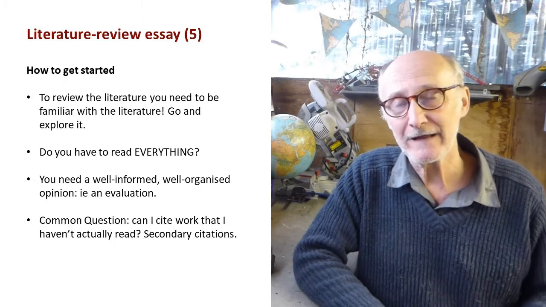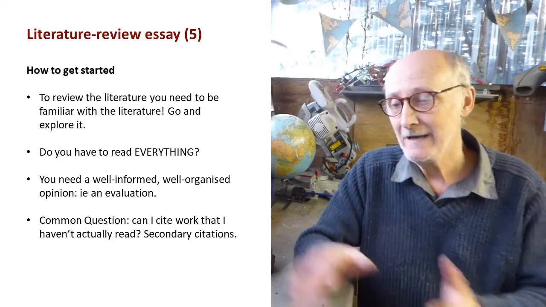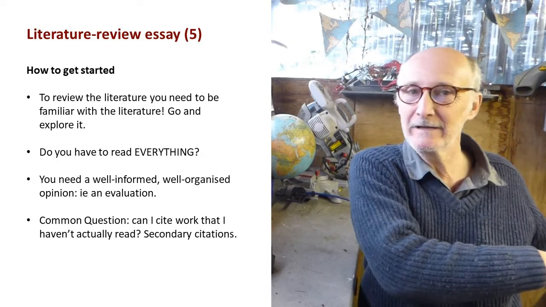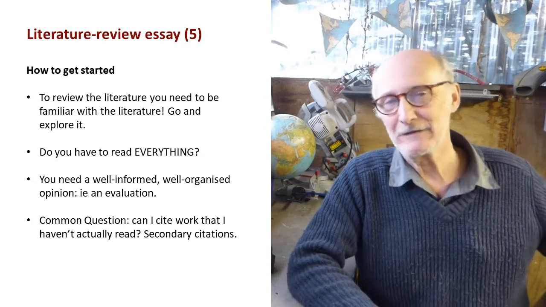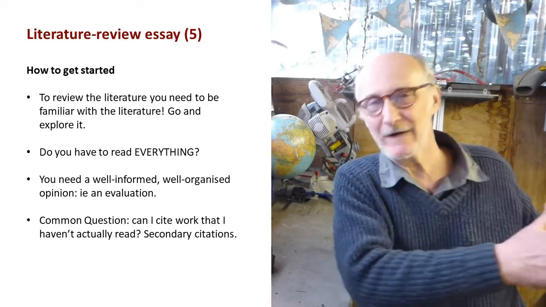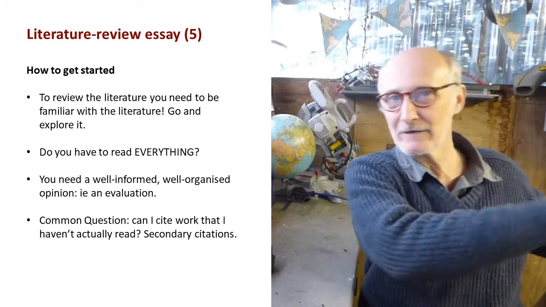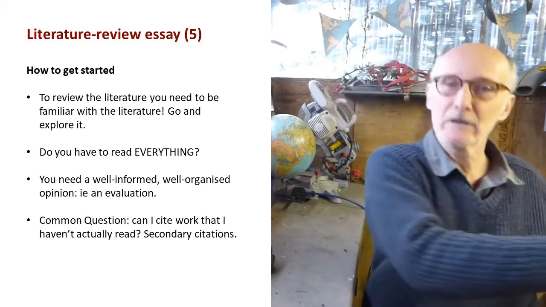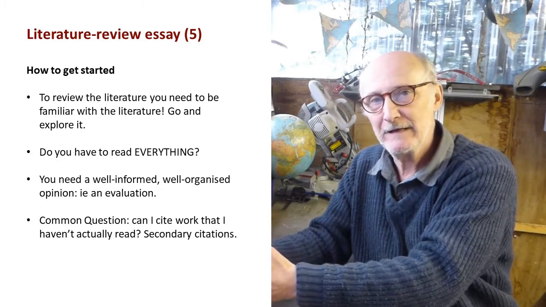And this is what we call a secondary citation, something that you haven't seen yourself and haven't read yourself, but you've read in another book or article about that earlier original article. So if the earlier original article, Jones 1728, is mentioned by Smith 2021, and you can't find that old article yourself, you can still say Jones 17 whatever it was, cited by Smith 2021, argued that blah blah blah, and you can talk about that old paper on the basis of what the newer papers have said about it,